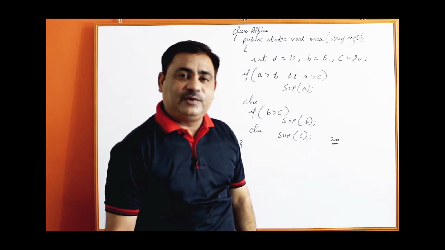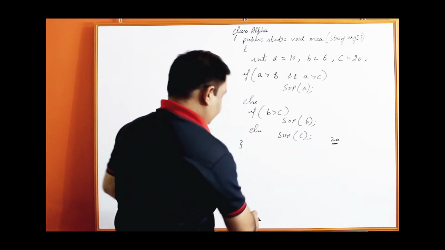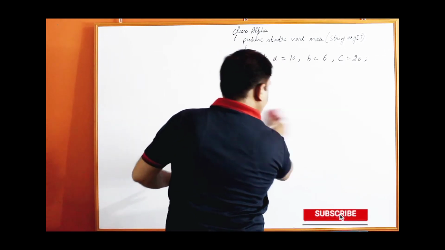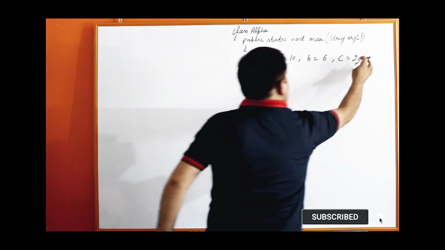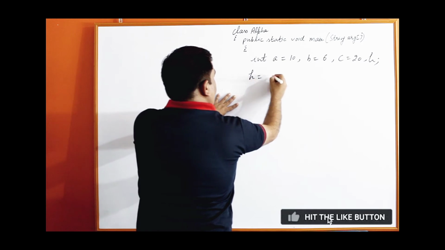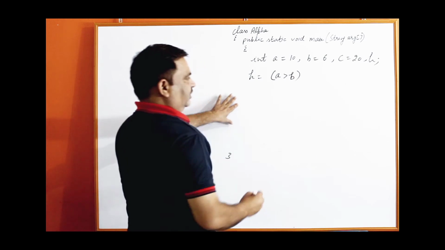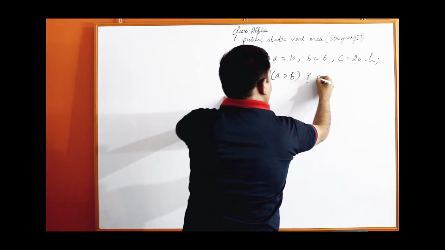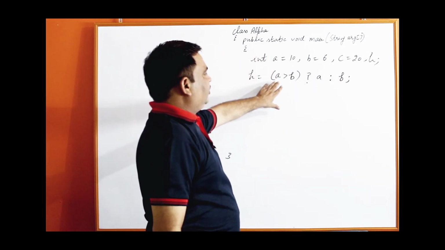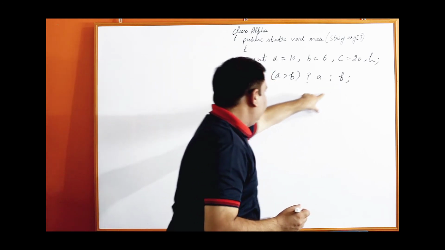The same program we can do with the help of the ternary operator. See how easily we can do the same program. First of all, out of two, to calculate, I am taking one more new variable H. H equal to the condition A is greater than B, brackets I am putting, which is not compulsory, question mark A colon B. If the condition is true, then the value of A will be transferred to H. If the condition is false, the value of B will be transferred to H.